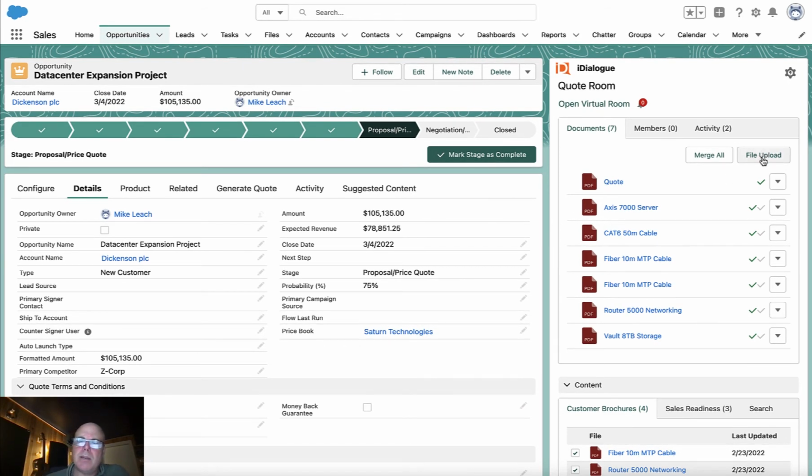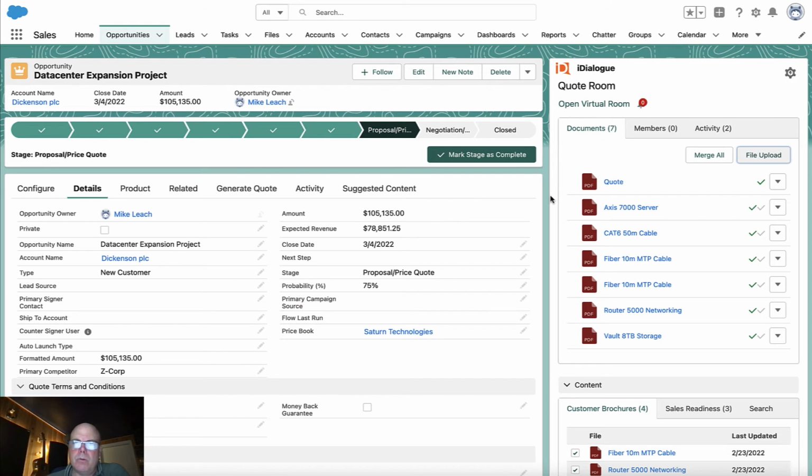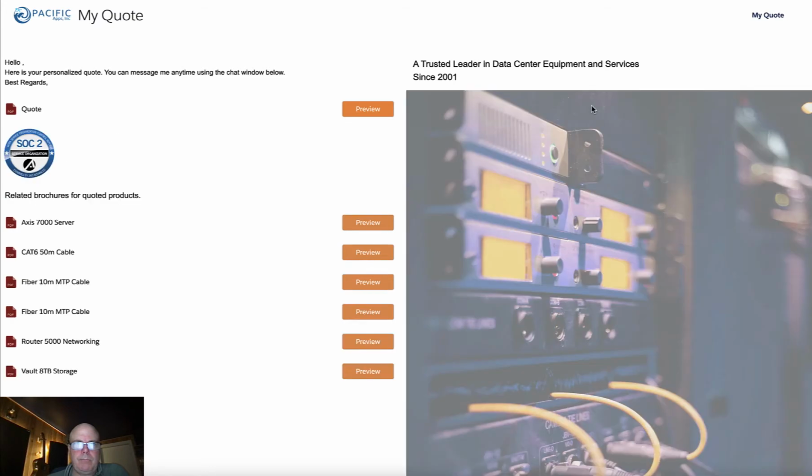Also, if I wanted to, I could upload files directly from my desktop to the quote room. And I can preview what the customer would actually see. So if I open the virtual room, I can see the quote room template. There's the quote, some of the products. Maybe I want to emphasize